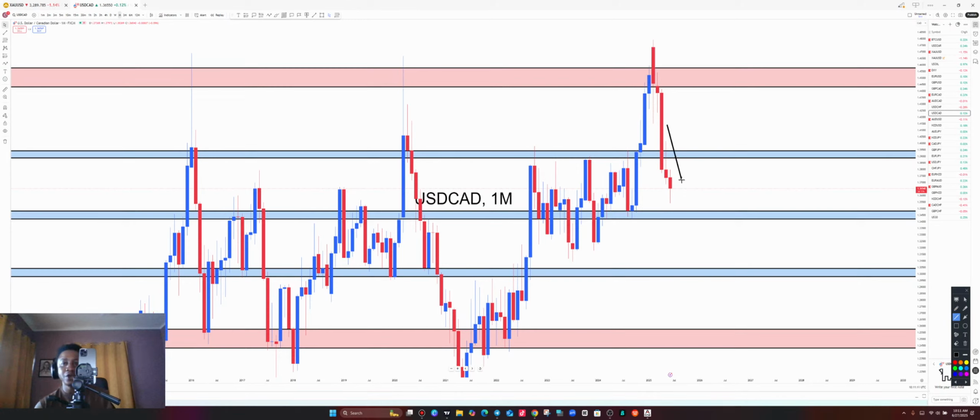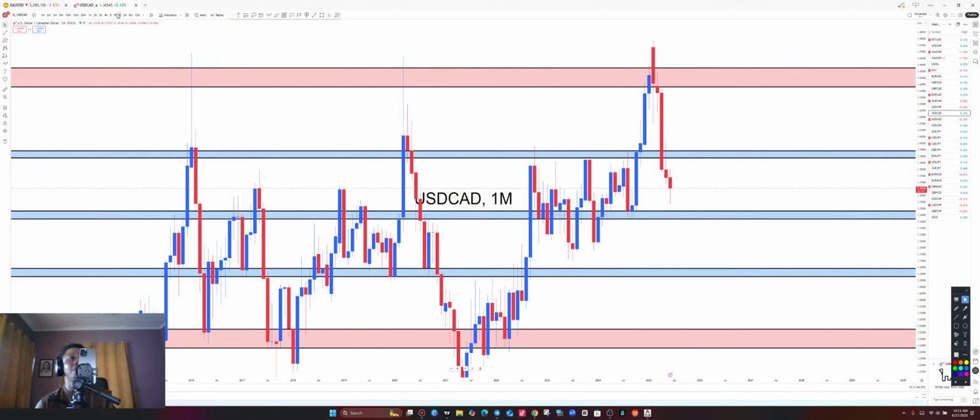Now, where is this break going to end? This break is going to end here as a lower low on the next monthly support level. So you're going to see the lower low at the next monthly support level before price goes up again for a lower high and then drops all the way to the downside in this manner. But first of all, we want to capitalize on the move that is coming all the way down to this monthly support level as the what? The monthly lower low. How are we going to pick sales from this area all the way down here to complete the lower low on the monthly? Let's find out as we take you through the next time frame.